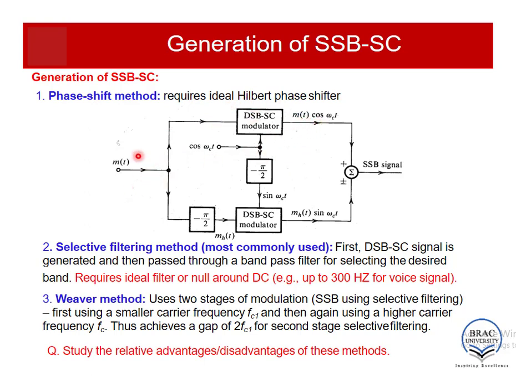The other version of m(t) is then passed through a minus pi by 2 phase shifter. As I have already mentioned, a minus pi by 2 phase shifter is essentially a Hilbert transformer. So this block Hilbert transforms this signal, and m(t) becomes mh(t) in the output. Similarly, cos omega ct is passed through a minus pi by 2 phase shifter block, and we already know that if a cos wave is shifted by minus pi by 2, it becomes a sine wave. So this multiplier again multiplies mh(t) and sin omega ct. So the output is mh(t) sin omega ct, and then both the signals from up and down come to a